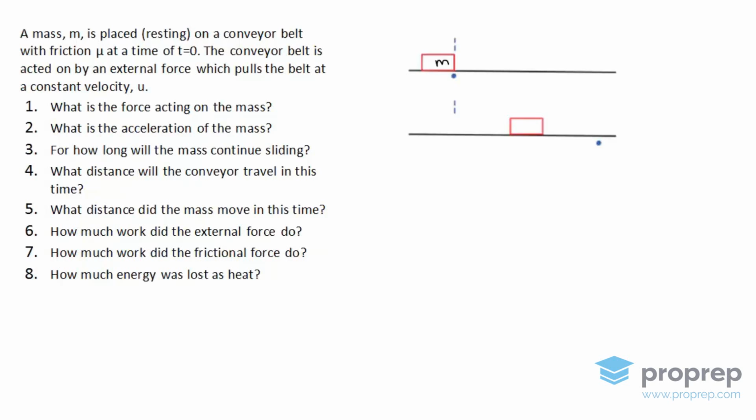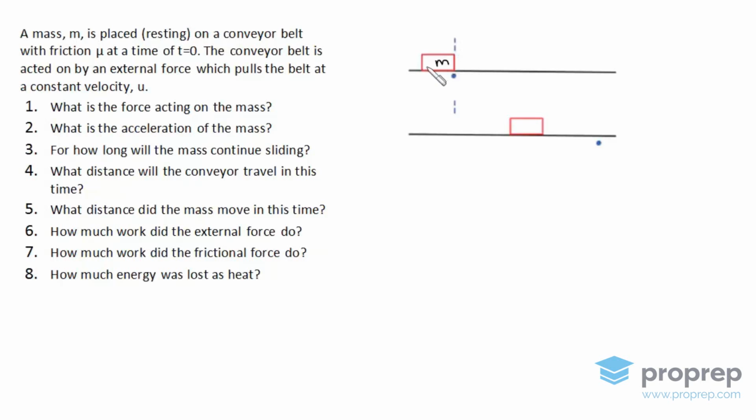Hello. In this question, we're dealing with energy and pulse. So we're told that a mass m here is placed resting on a conveyor belt. This is the conveyor belt. The conveyor belt has a friction of mu, and the mass is placed at a time equal to t